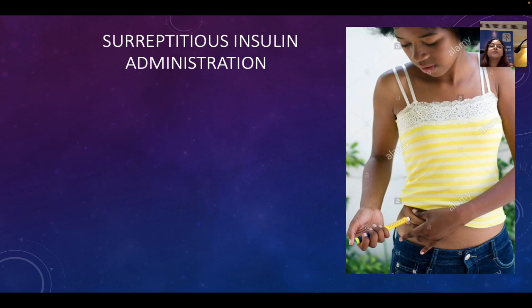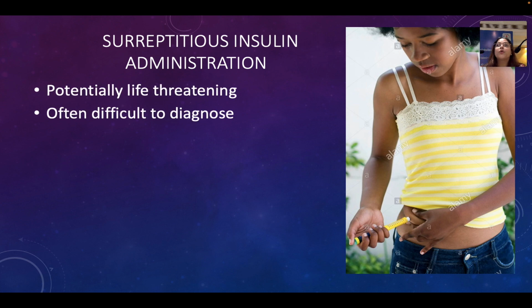Now, this is one thing, surreptitious insulin administration, that is very, very important for us to know. It starts around 7, 8, 9 years of age, when they start taking the insulin themselves to eat something that they want and do not want the parents to know. So we have a lot of kids who have been taking insulin themselves. So you have a 200 blood sugar at lunch, and 2 hours later it is 43, and the mother says, but he hasn't eaten anything after the meal. And then especially at night post dinner it is 150, and we check at 2 a.m. it is 35. So these all indicate that the child has taken extra insulin.